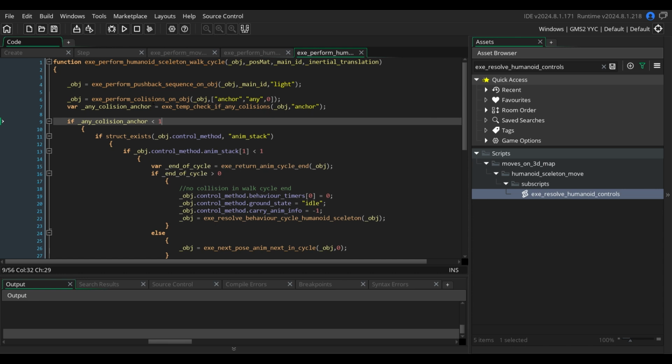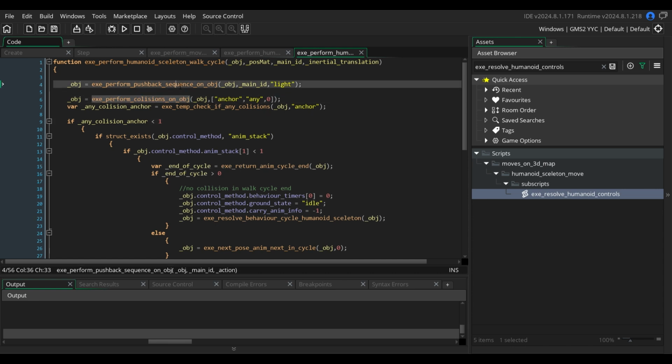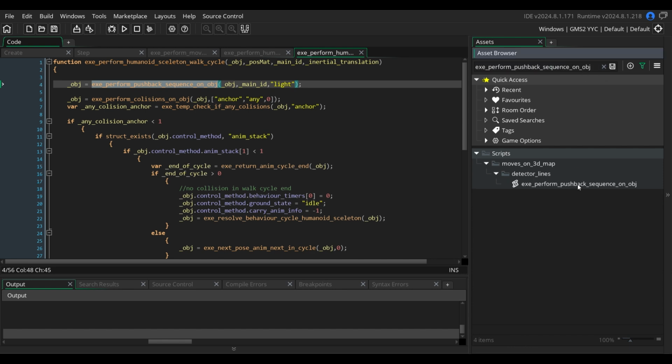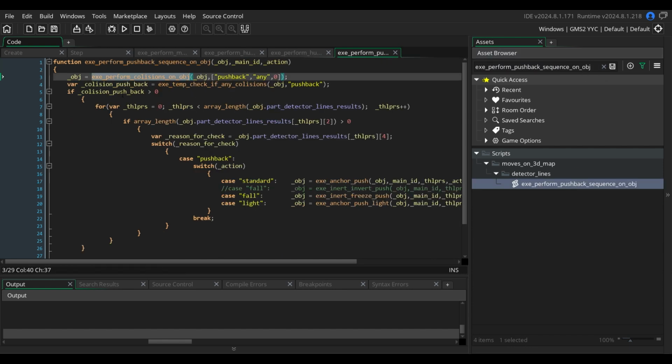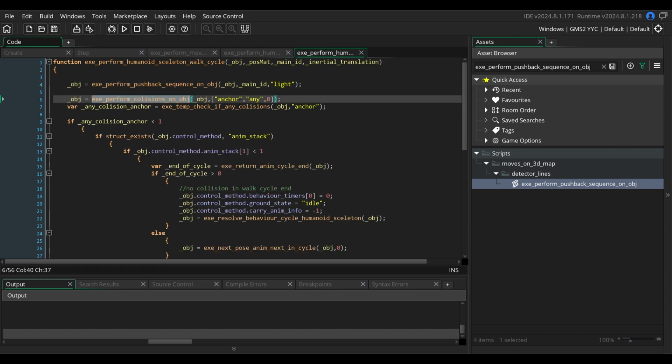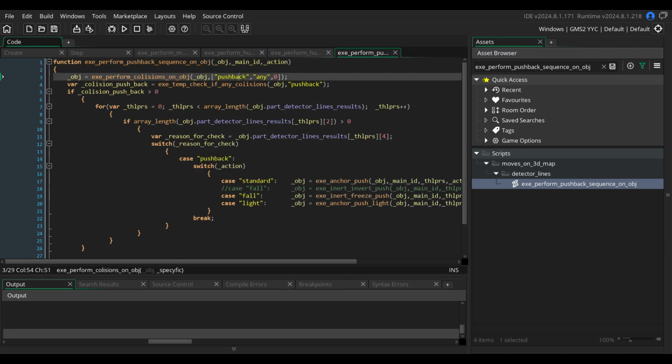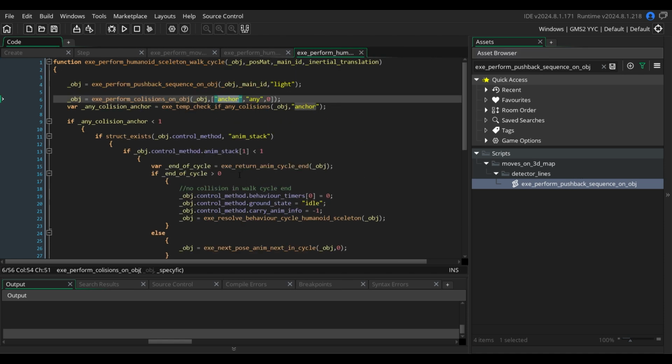So about the collisions, we are performing some collision checks in the sequence, this exact same exec perform collision on objects. So we have some function where we can put what we are asking for and what kind. For example, we can check for anchors or for info or for pushback. As we have in the sequence, we are asking only for pushbacks, or whatever we like. We can choose any. Let's go to the